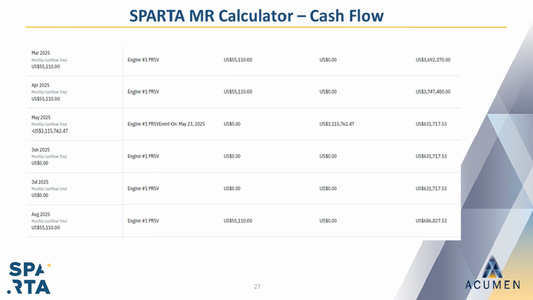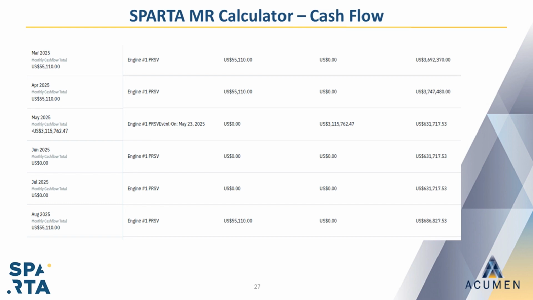I'm now going to demonstrate a few of the other features of the MR calculator. The first one here being the cash flow. Clicking on the Generate Monthly Cash Flow button, we're able to show the accrual and build-up of maintenance reserves over a selected period. In this example, we're showing a period around a shop visit. So we have an increase in reserves